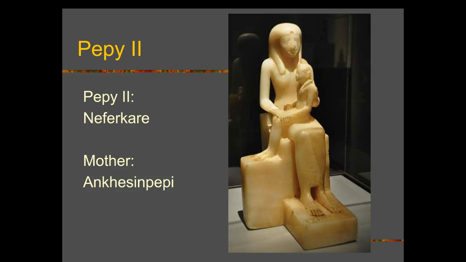Pepi II came to the throne when he was only 6 and lasted about 31 years. The Old Kingdom was declining before then, but his reign, sorry, that makes no sense, guys. Anyway, it was already declining by then. He helped it into the decline.